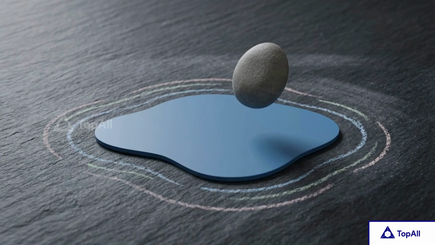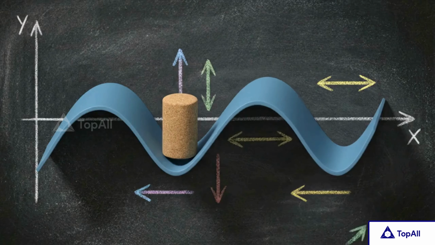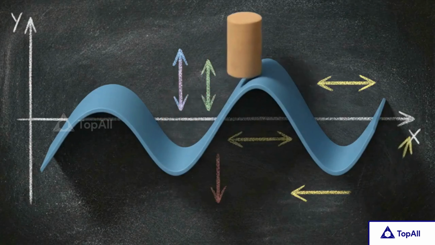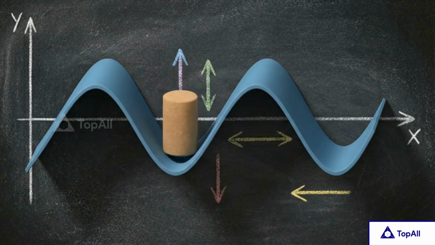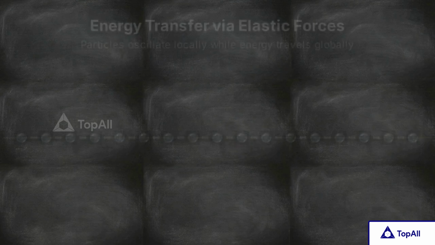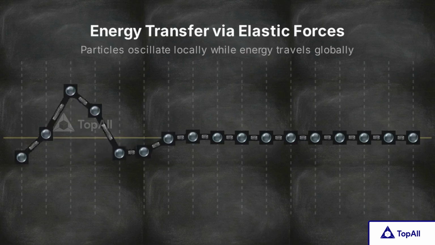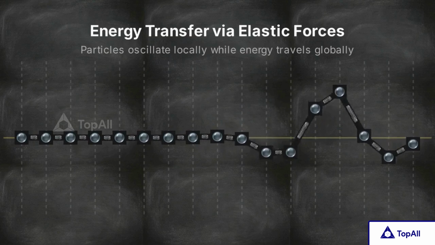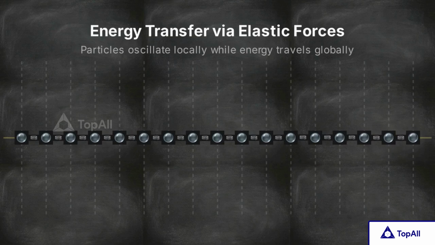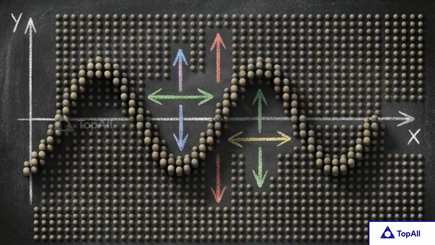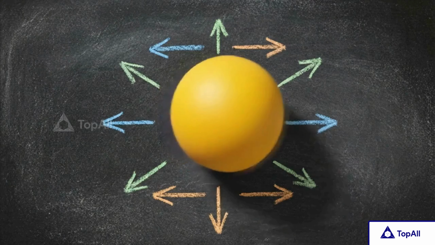But let's look closer at mechanical waves. If you drop a pebble into a pond, the water surface gets disturbed. The ripples expand outward in rapid circles. Yet, if you place a few pieces of cork on that surface, they merely bob up and down. The water mass is not flowing outward with the rings. Instead, elastic forces are binding the water molecules together, allowing the motion of one to affect the next. To understand the mechanics of a wave, we have to stop watching where the overall pattern is going and start looking at how the individual particles inside the medium are behaving.